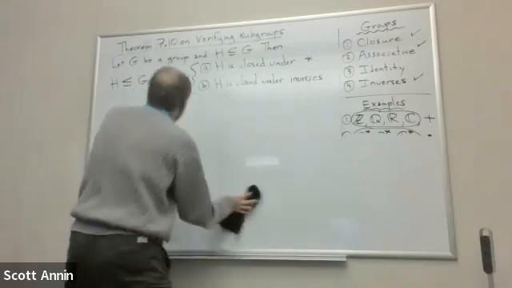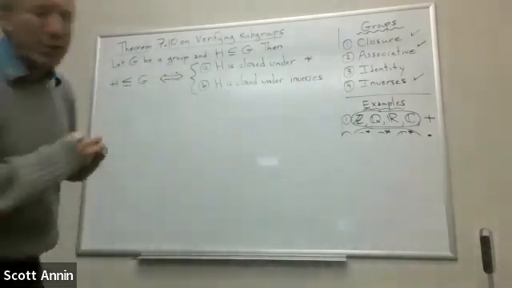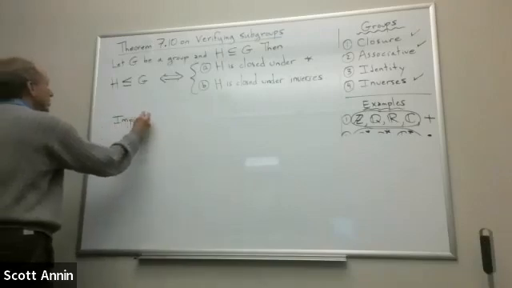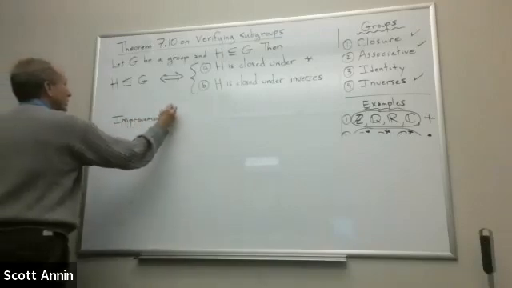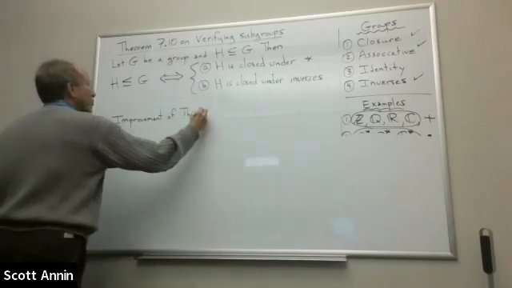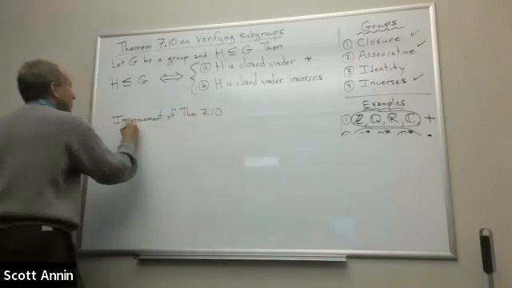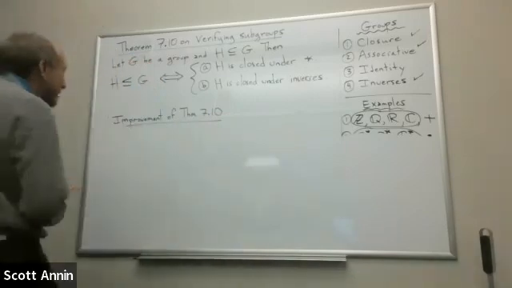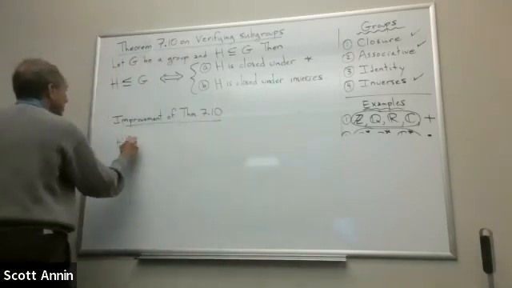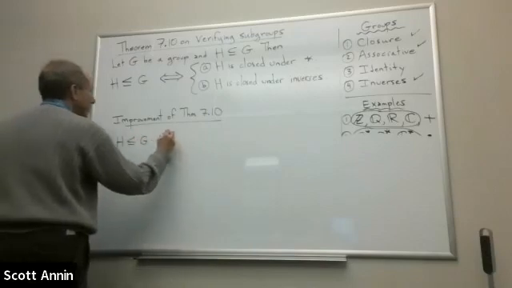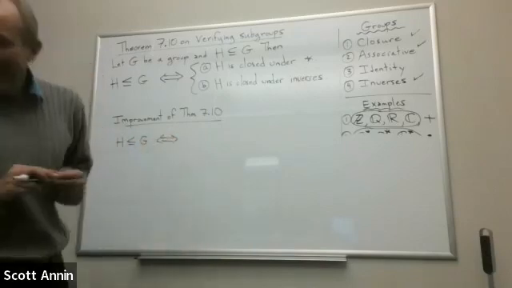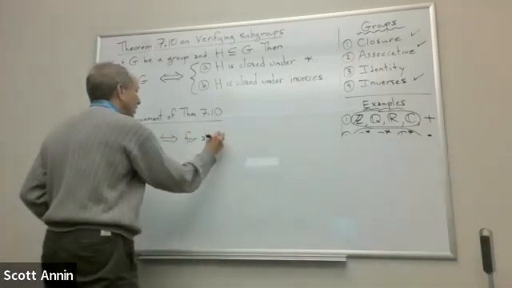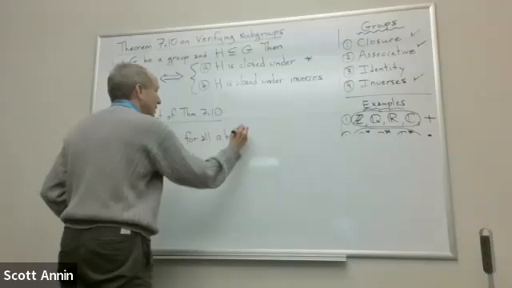We can actually improve this theorem even a little bit more. I just want to mention this as well. I may not go into the details of this. An even better improvement of theorem 7.10, we can actually get it down to just one condition. Namely, that H is a subgroup of G if and only if, for all A and B in H,